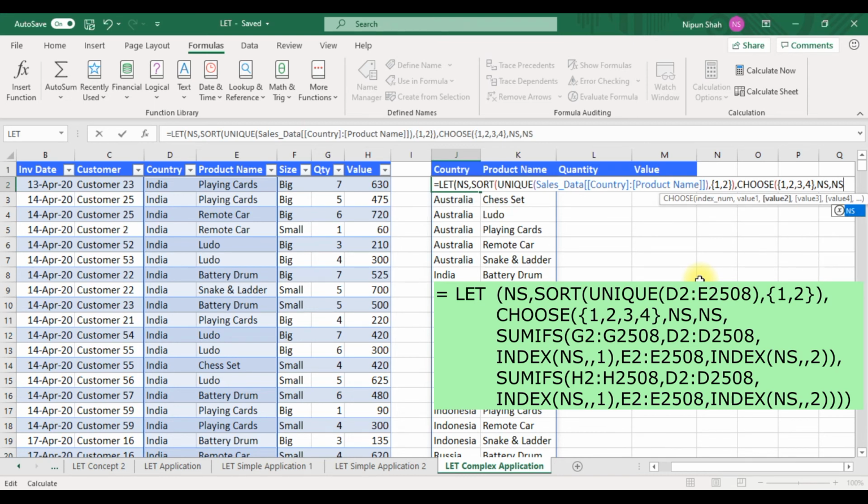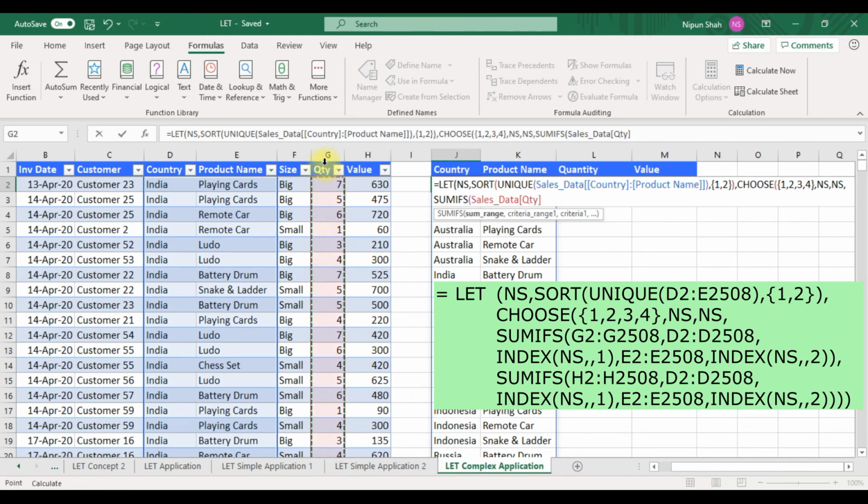Column number 3 will be determined by the SUMIFS function. SUMIFS. I want to sum the quantities, comma. My criteria range 1 is the country, comma. The criteria 1 will be pulled up by the index function. Index ns, comma. Leave row number blank and get first column back.